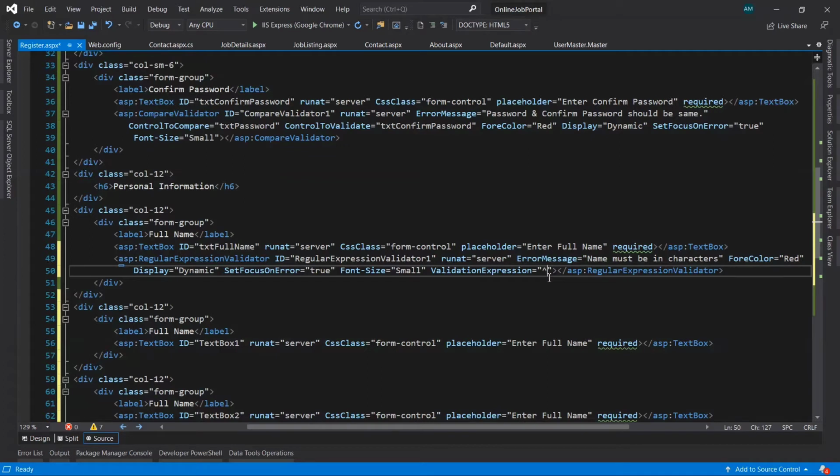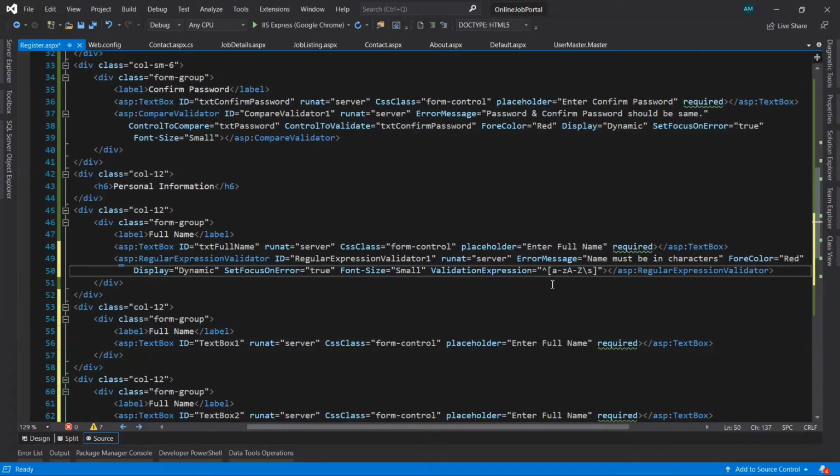shift 6. If you press that, then this special character will appear. Okay, then after that, a square bracket, inside that we are going to use small a to z, means a hyphen z, and capital A hyphen capital Z. After that backslash s.